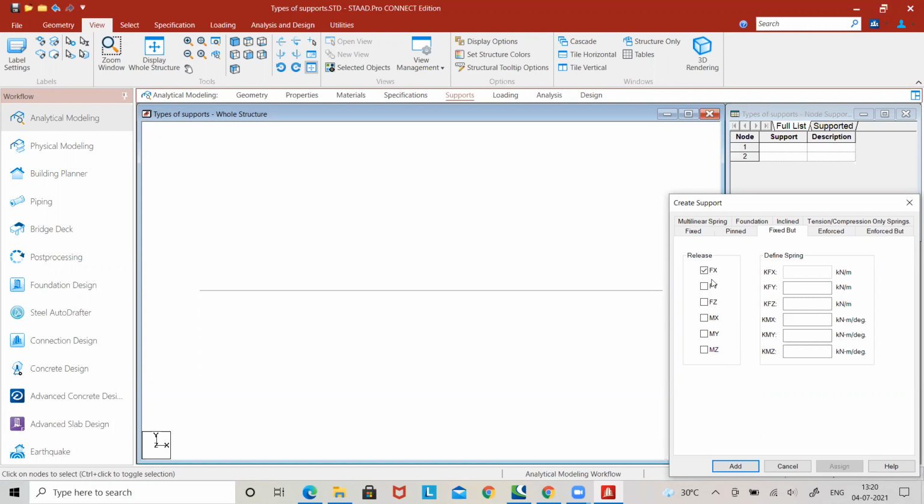If you want to create a hinge support, you can release Mx, My, Mz. If you want to create only a roller support along the y direction, you can release all the remaining five reactions. So here nothing will be allowed.